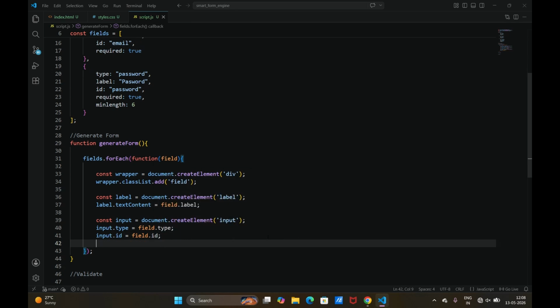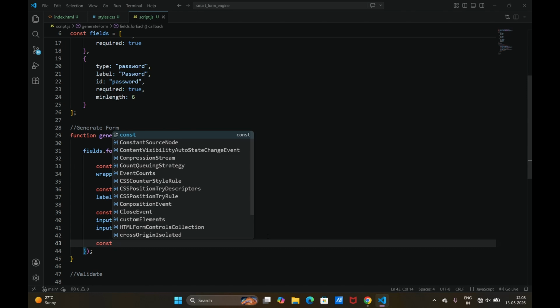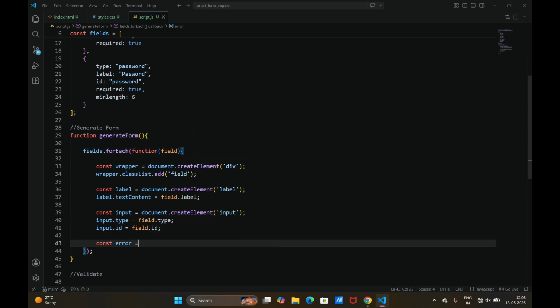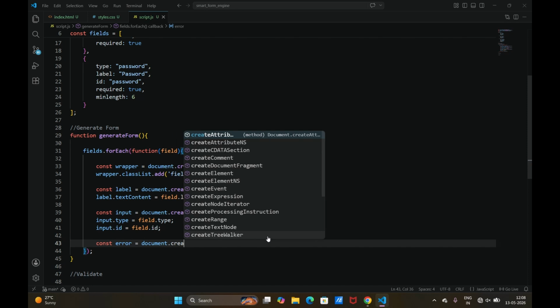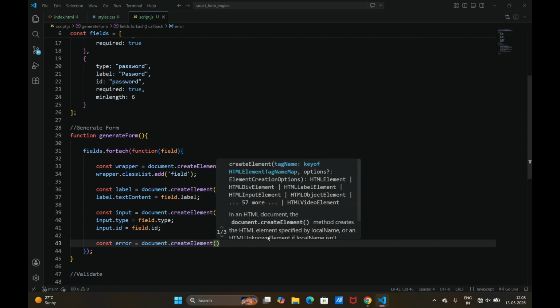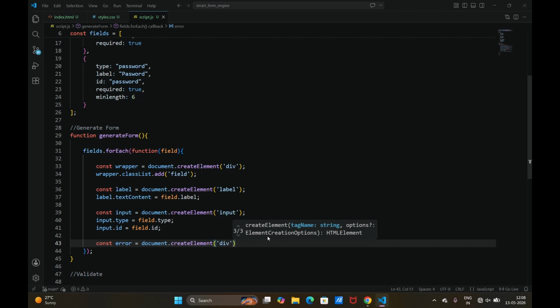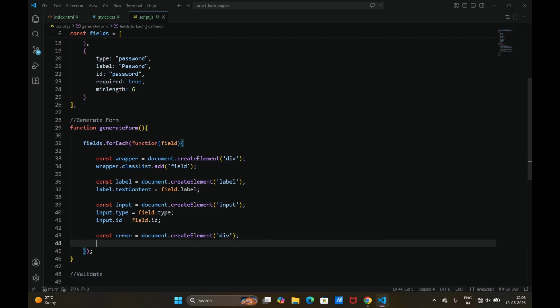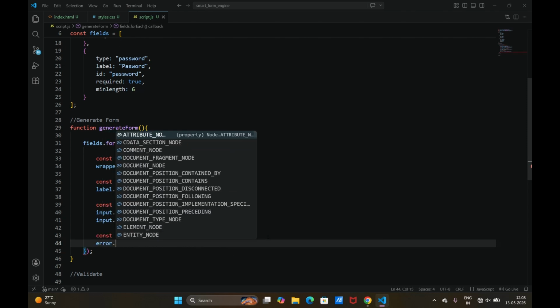Now the next section is what if the error occurs. Const error, document, create a new element, div element, and then give this error the classList,